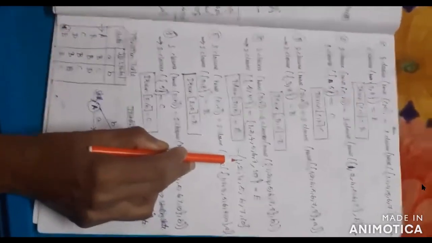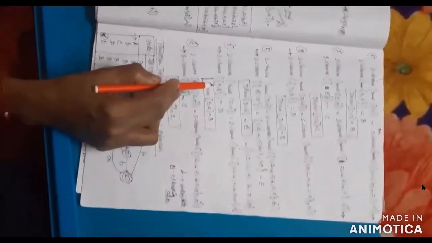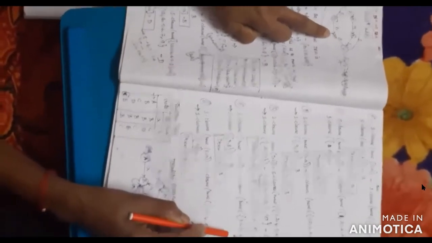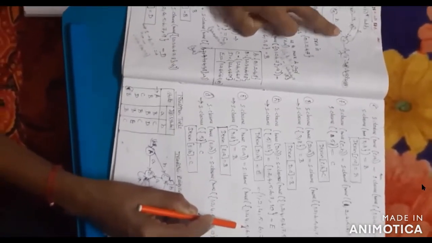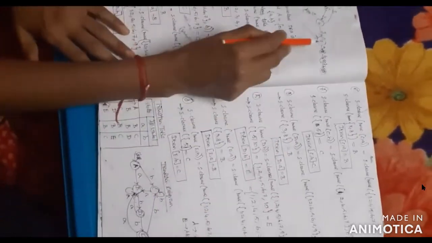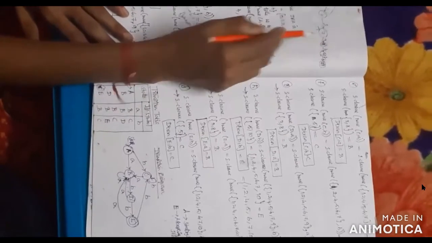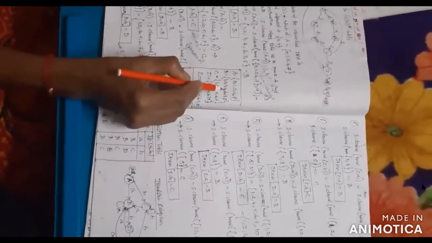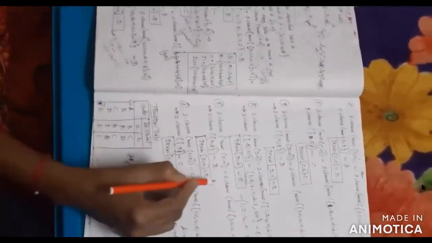So you have to check: 1 can be moved 1 to 2, 1 to 4 empty. Then check 2, the next input symbol is 3. Then check 4 can move to the next symbol 5, no need to add. Next check 5 to 6 is empty. Then check 6 to 7 is empty. Then check 7 to the next one, 8, which is the input symbol small a. So what is E comma A? It is 3 comma 8. So 3 comma 8 is automatically the same value, which will be equal to B. So here write B.